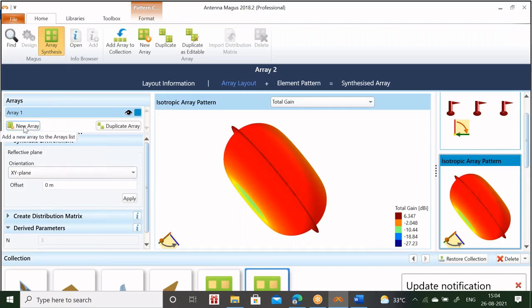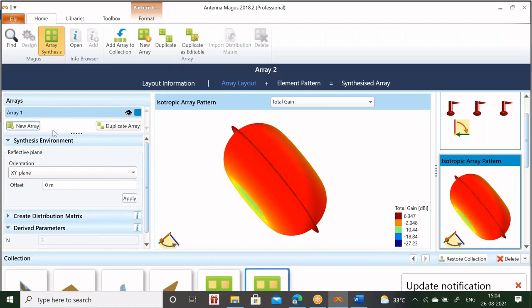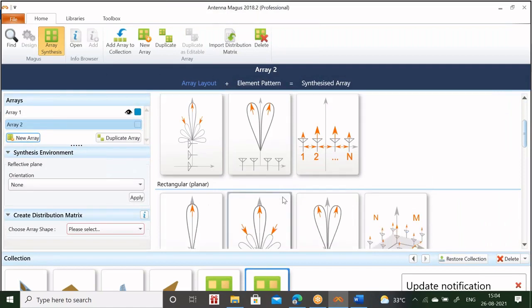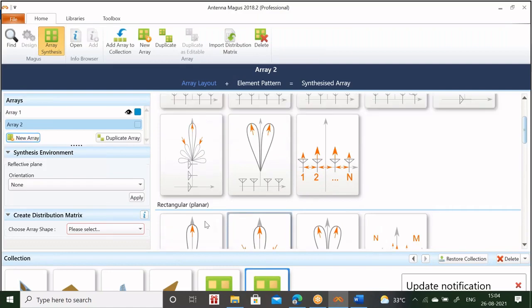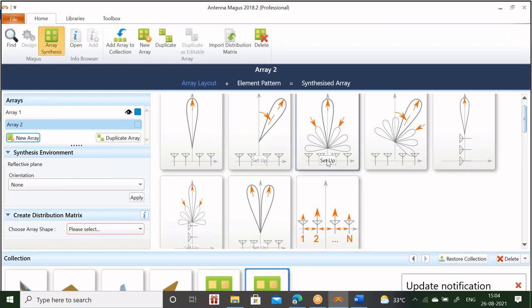And we will take another. Okay. New array I am taking. This side I am selecting another type. So this takes more time. So I will take this kind of setup.